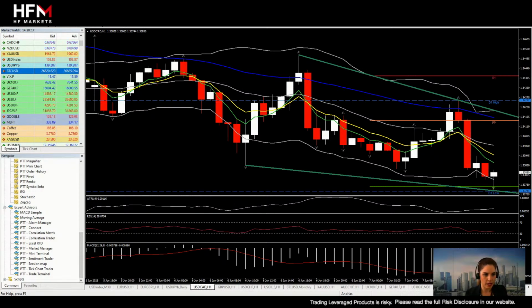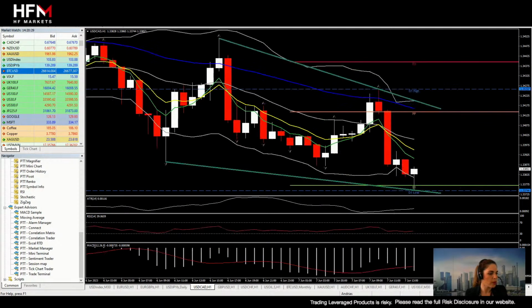As I was saying, we had a nice decisive pullback. The intraday movement suggests that sellers are still in control. On MACD, you can see that it is well below zero, but this swing lower is possibly on the anticipation of the data from the Bank of Canada later on. We have seen that it stalled on this floor over here. So this decline looks like it is running out of steam for the time being.